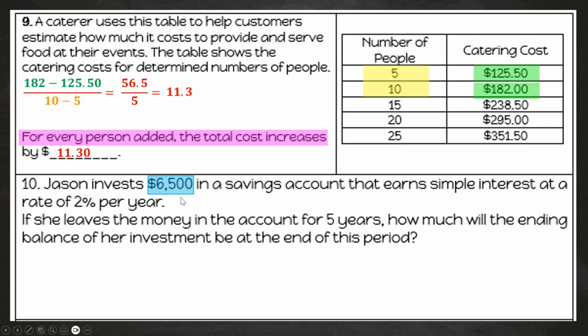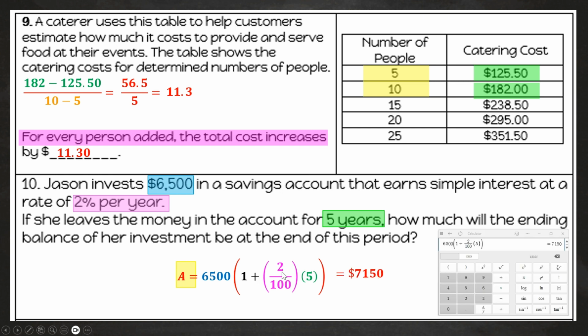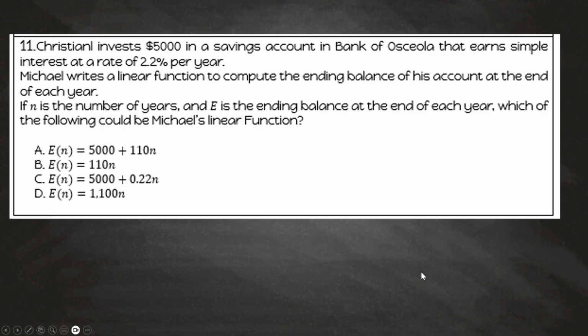Jason invests $6,500 in a savings account that earns a simple interest at a rate of 2% per year. So we're going to use our simple interest formula that is provided to you on your reference page. And the reason why I did 2 over 100 is because that converts that percentage to a decimal for me. And since I have the Desmos calculator, it'll be easier to do it that way. So I get 7,150 once I plug that all in. And then finally, Christian invests $5,000 into a